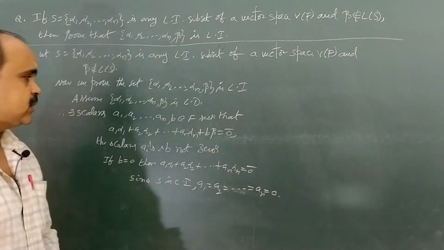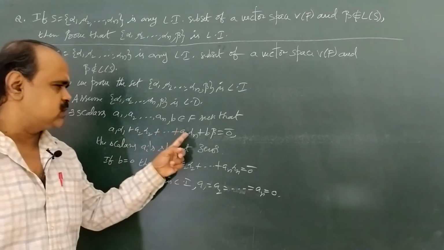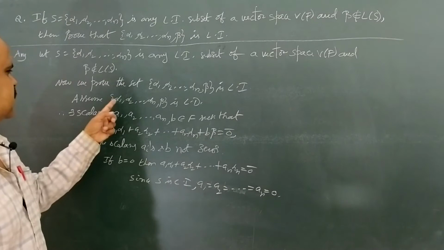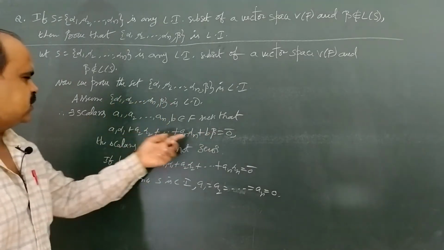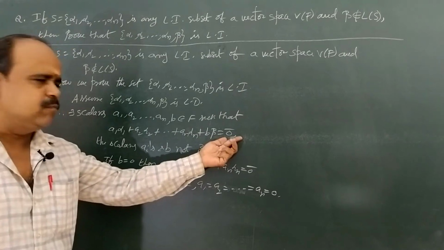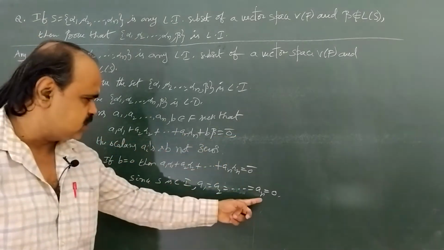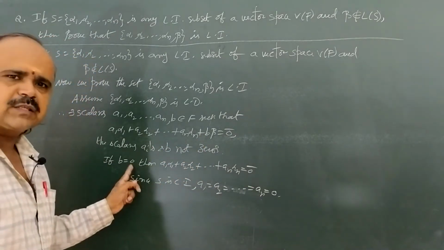So what we get here, if you observe please, A1 alpha 1 plus A2 alpha 2 plus and so on plus An alpha n plus B beta equal to 0. It is a linear combination of vectors alpha 1, alpha 2 and so on alpha n, comma, beta. Totally the linear combination of vectors is 0. But here we get the scalars A1, A2 and so on An equal to 0, and we are already considering B as 0.